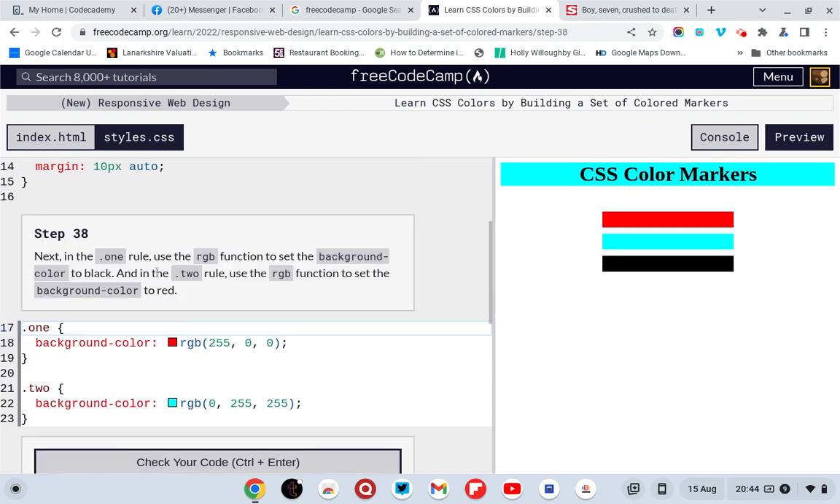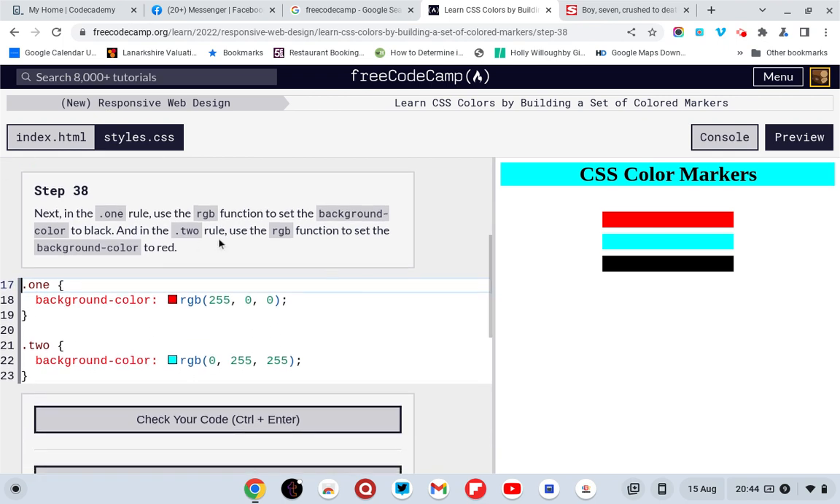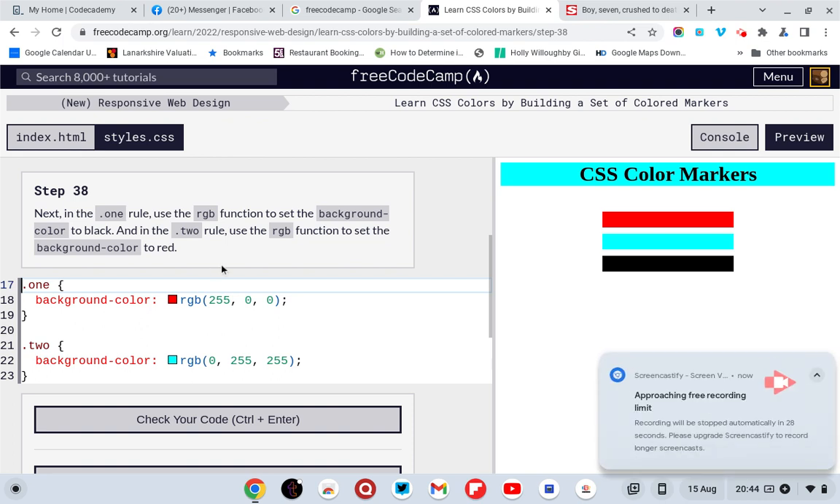Right, next in the .dot1 rule, use the RGB function to set the background colour to black, and the .dot1 and .dot2 to set the background colour to red. So, in the .dot1 rule, use the RGB function to set the background colour to black. And the colour for .dot2 and .dot3 to red. So,